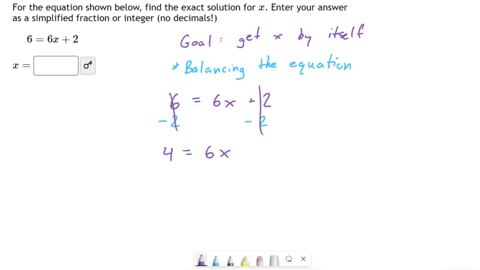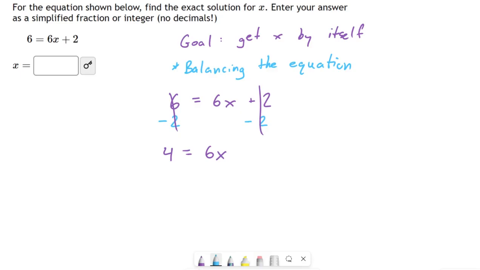I just have to get rid of that 6 that's in front of the x. And you have to think about what's going to work here. What is actually happening between 6 and x? Well, that's kind of like 6 times x. Sometimes you'll see a multiplication sign like that, and sometimes you won't. In this case, I don't. But I have to know it's multiplication anyway.